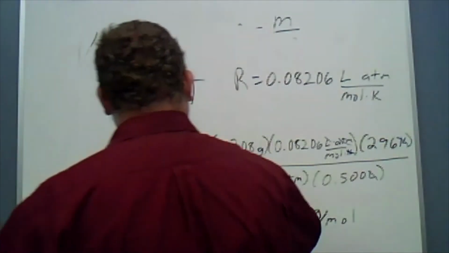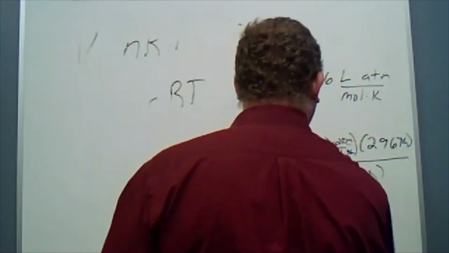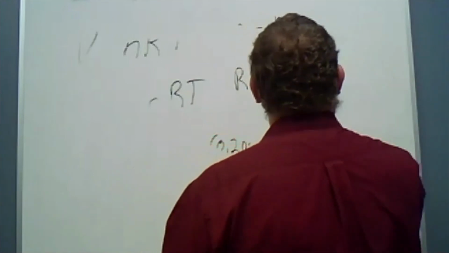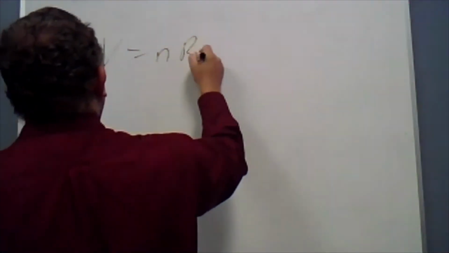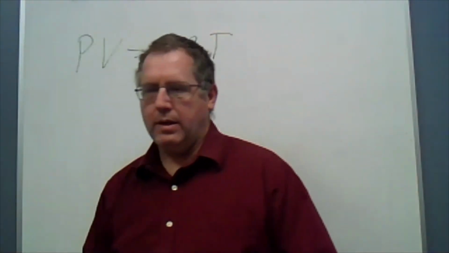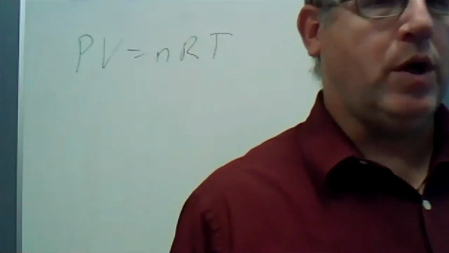Now we're also going to take a look at the van der Waals equation. And you're wondering, we haven't talked about the van der Waals equation yet. But in a way we have. So we have the ideal gas equation, PV equals nRT. And if we remember, when we're talking about the molar mass,